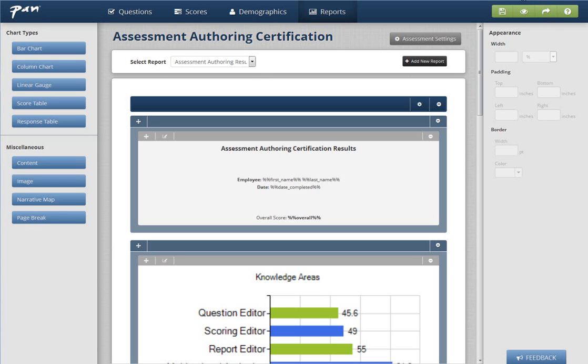In this demo, I quickly ran through a lot of the functionality available in our authoring tool. For more detailed information on any of these features, or any of the many other features that were not covered here, such as adding review functionality, timing rules, internationalization, or adding norm groups and normative data,